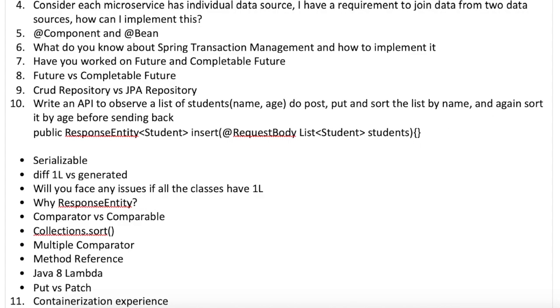You can do it programmatically by using the legacy entity manager factory and creating a transaction object and doing a begin, commit and rollback manually. Or else you can use the Spring version of transaction manager, which again has two versions. One is programmatic transaction management, the other is declarative transaction management, which uses the @Transactional annotation. You might have noticed it in your different projects. So you can talk about these things in detail in the interview